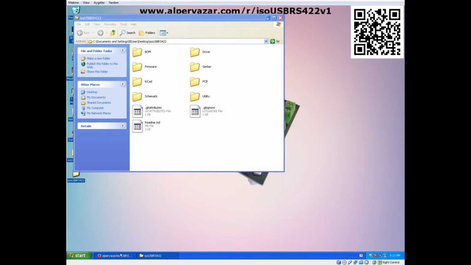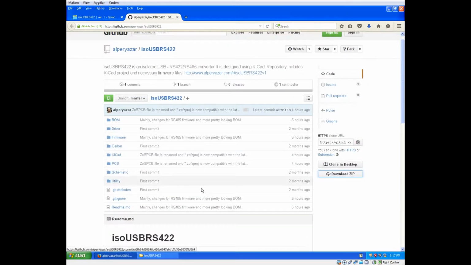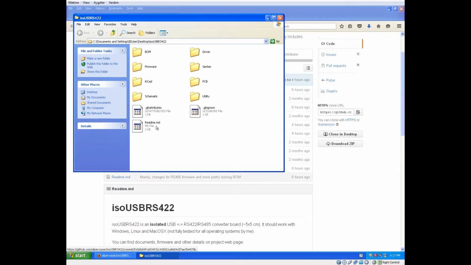As you can see, the folder structure is same as the structure shown in the GitHub page. You may delete the .git files if you are not planning to play with Git. These files.